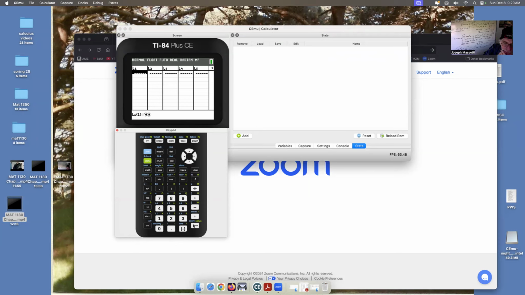So let's put these values in. 93, enter. 67, 49, 55, 92, 87, 77, 66, 73, 96, and finally